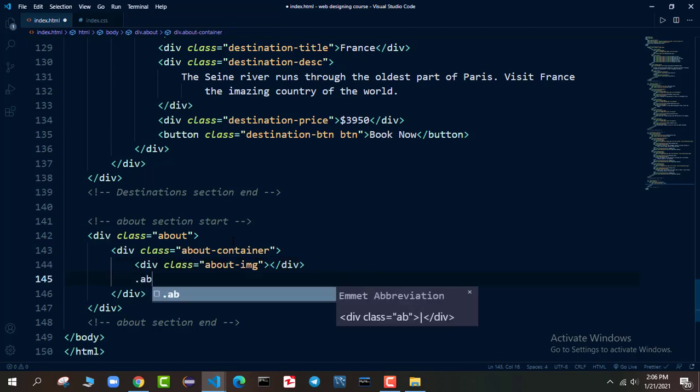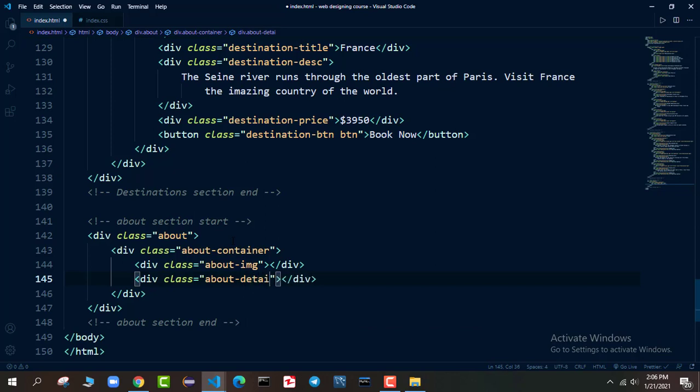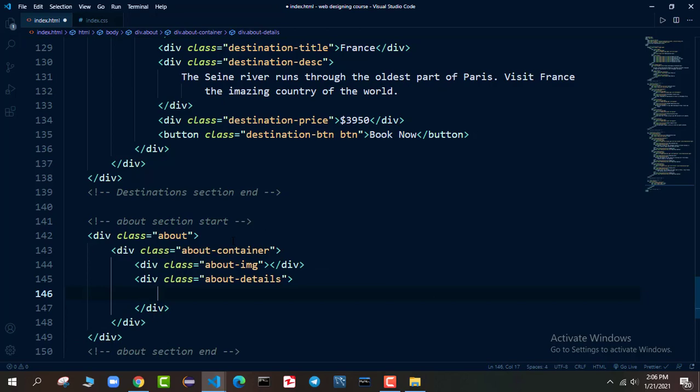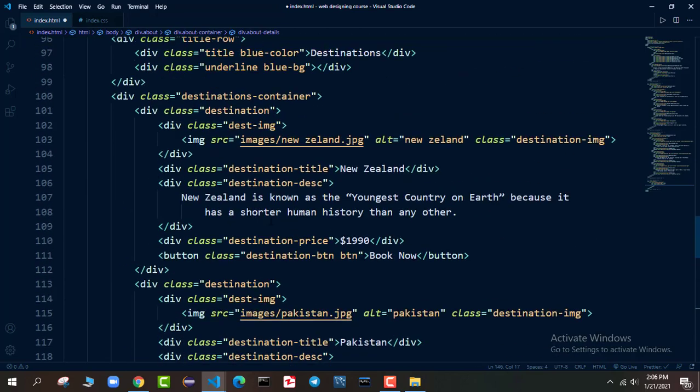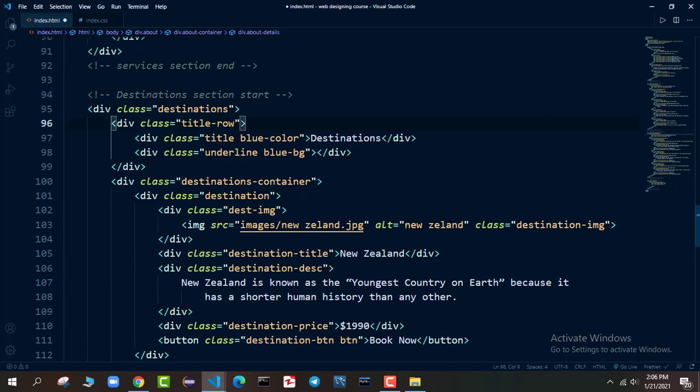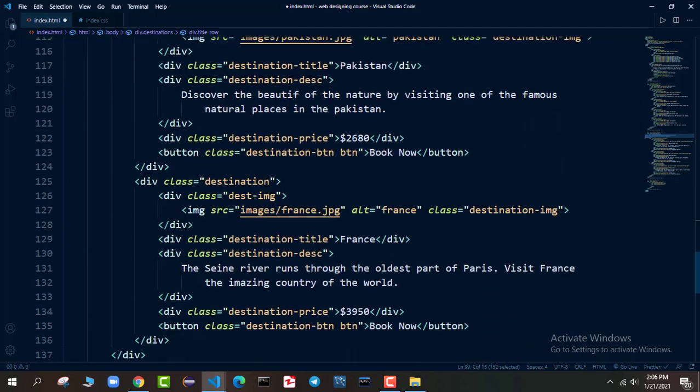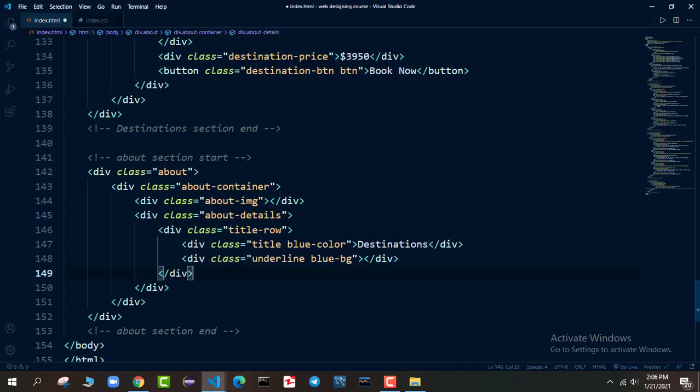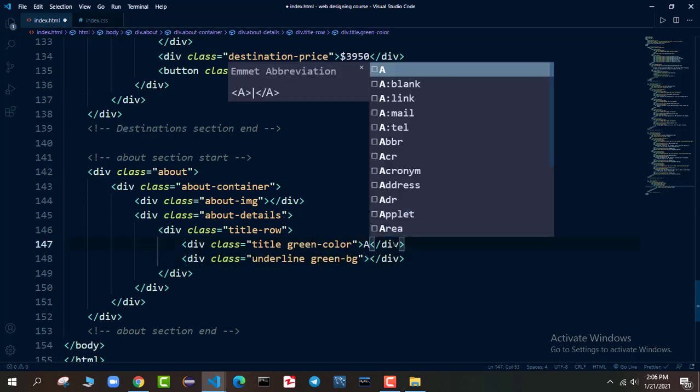And we have about details. In the about details section we have the title. So I will go here in the title row, copy this title row, go down, you can see we are reusing this same thing. Now this time I want green. This will be about us.